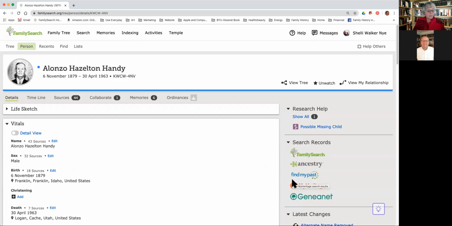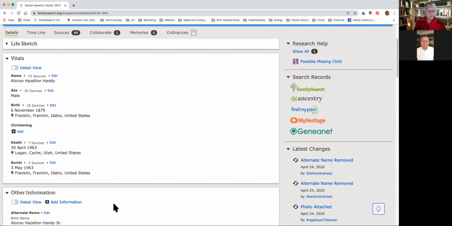Now we have Alonzo's page. Notice the blue edit links right there under his details section. If I wanted to edit anything, I would click on these variety of edit links right here and be able to make changes to those. Those are already pre-filled in, and so notice that I have standardized a couple of things just to make them totally clear. And so now I'm going to scroll to the bottom of Alonzo's page,